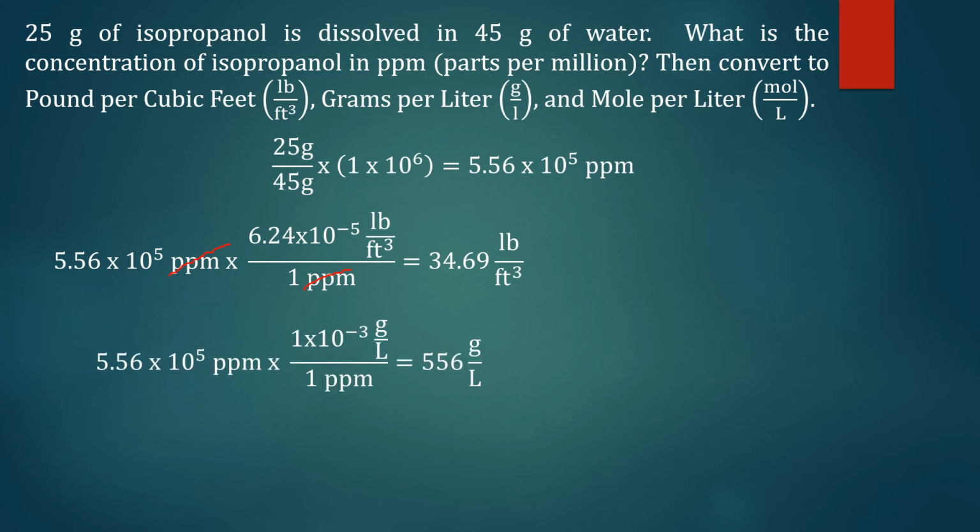So 1 ppm is equivalent to 1 times 10 raised to negative 3 gram per liter. So again, we'll just cancel out the like terms, and then after that, we'll just go on with the solution, or the equation rather, the solving part, and then we will arrive at the answer 556 gram per liter. And that's it. And for the last, the mole per liter,